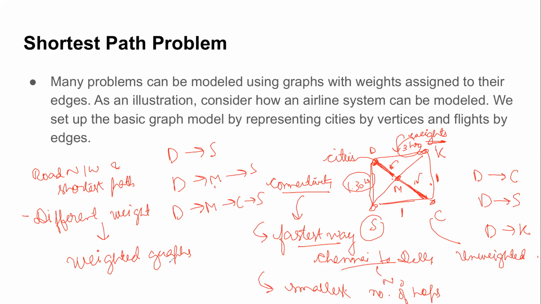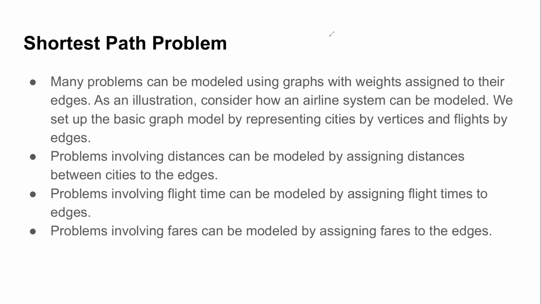Okay, let us see some illustrative examples to understand this. As I already told you, if you consider the road network, where the destinations are modeled as nodes and the roads between them as the edges, then a problem involving distances, that means how you find the shortest path between particular cities, can be modeled as a weighted graph. Similarly, if you consider the flight network, but instead of checking connectivity you want to check the least flight time, this can also be done by assigning the time required for the flight as the edge weight.